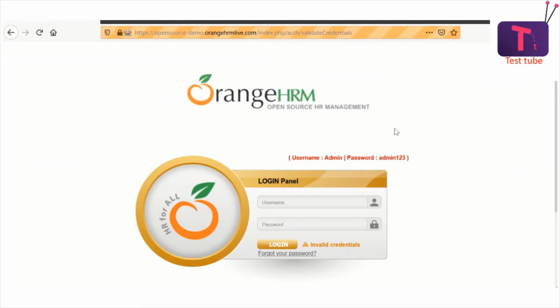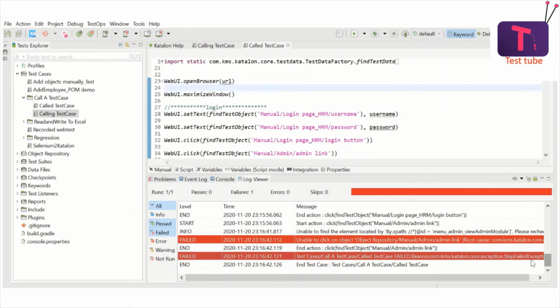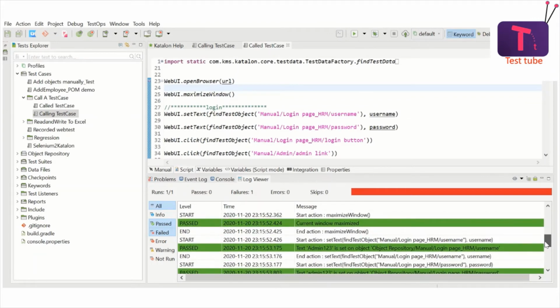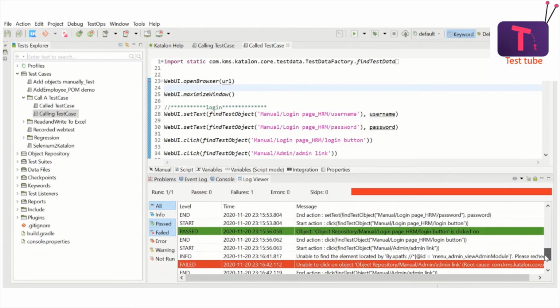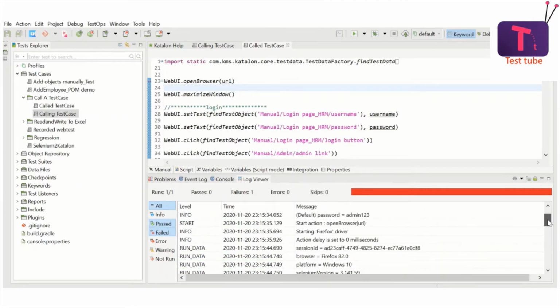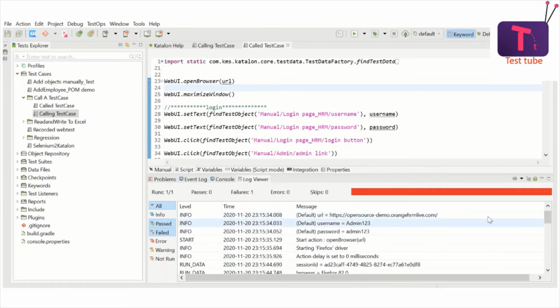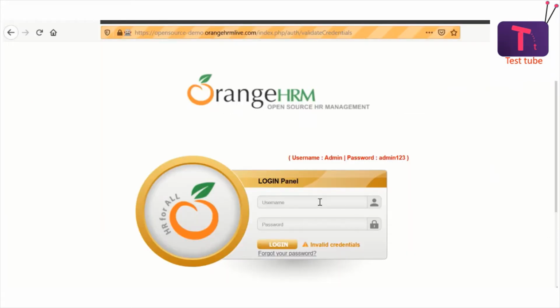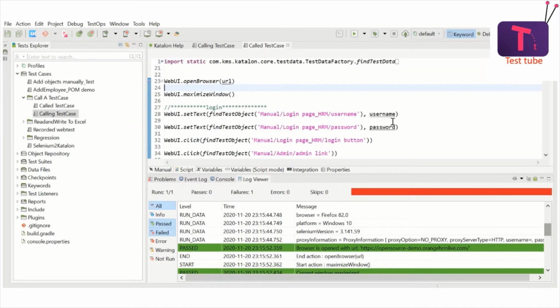By the time we didn't see it, but as you see, it has shown this message as invalid credentials. It has shown this message because instead of admin, we tried to enter admin123. From here, you can see it has read the username as admin123, and it tried to set the same thing over here. So the same test case which executed earlier has failed now because it has tried to use admin123 as the username, right? This is clear.